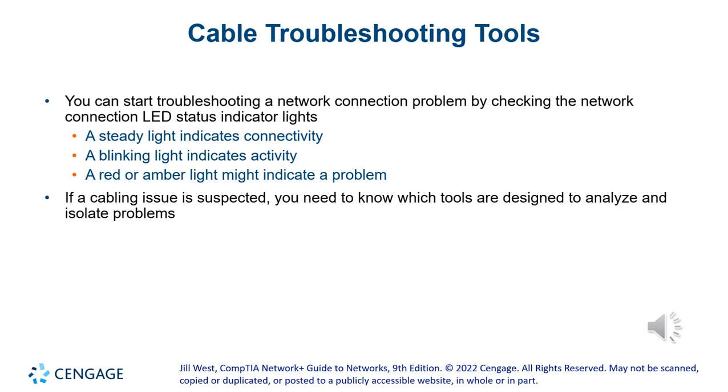For troubleshooting a cable connection, the easiest thing is to look at the lights on your equipment and your computer. If you have a link, you will see on the back of your computer a link light, like a green light coming on. Most likely it is a steady light. If there's activity on the line, you'll see that light blinking. That means there's some communication going on. If you see some red or amber light, it might indicate a problem. With the amber, you have to be careful, because sometimes